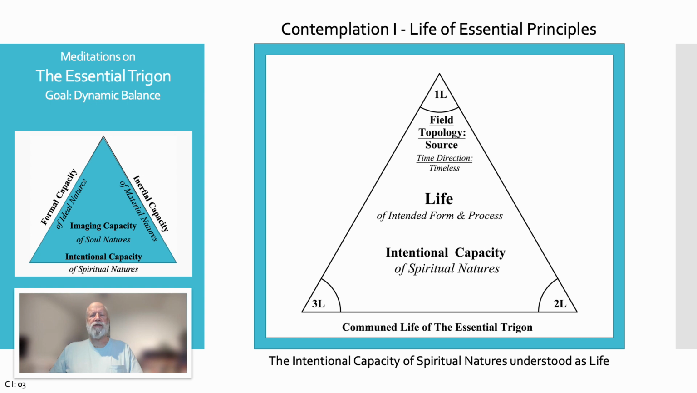The intentional capacity of the spiritual natures is represented in isolation within the essential trigon here, as in the next four slides, as life of intended form and process, as essentially principled, and the manner of a Venn diagram in which an applicable quality or property is defined by the set's boundary as a limit to the range of that enclosed quality. The three essential boundary capacities, inertial, formal, and intentional, are properties within the field of the essential trigon,